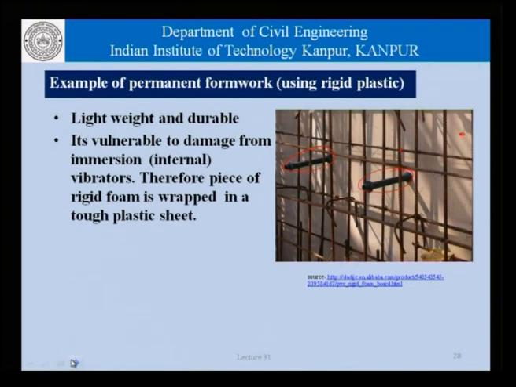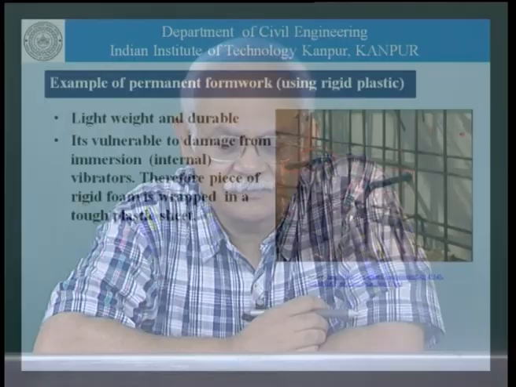They are vulnerable, however, to damage from immersion or internal vibrators. So, if we are casting the concrete against this kind of formwork and we use internal vibrators, those vibrators will obviously impact the formwork sheets as well, and therefore, unless the sheets are strong enough to withstand that vibrator impact,